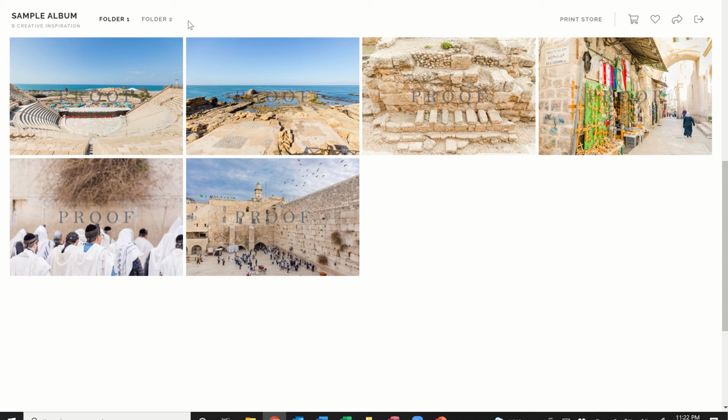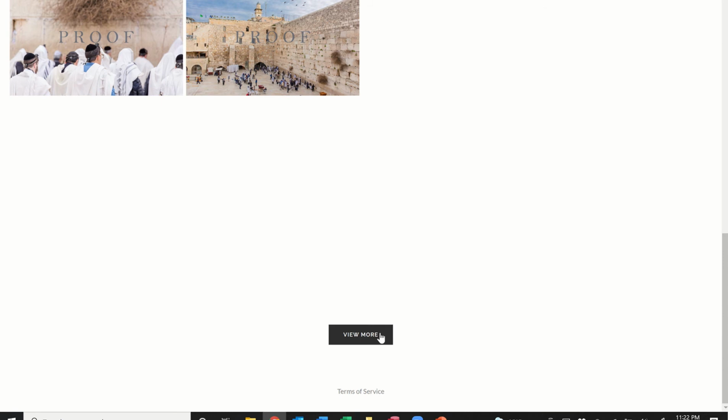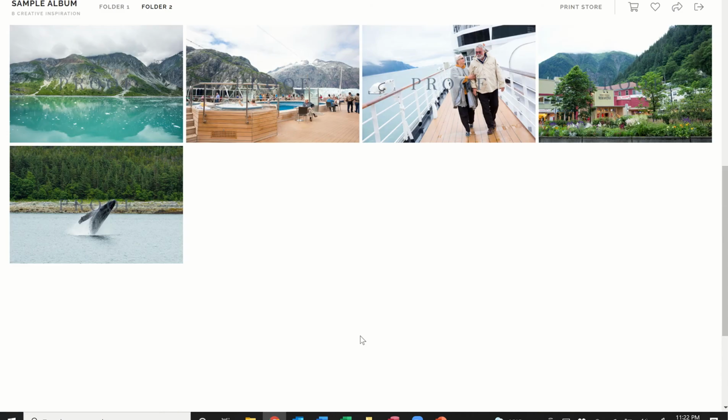So that's the folder layout. And then just to navigate to the different folders, you can just literally click on the name of them and it will take you directly to that folder. Or if you scroll down, there's a view more. Once all the photos have populated within that folder, there will be a view more button at the bottom. You can click that and then it will automatically advance you to the next folder as well. So either way,